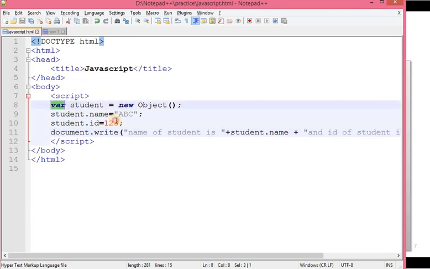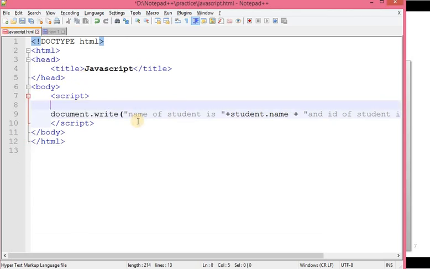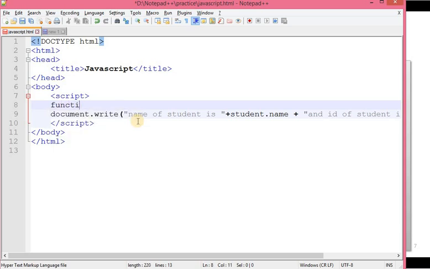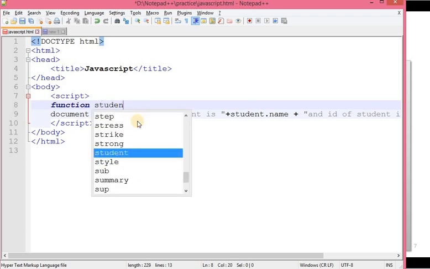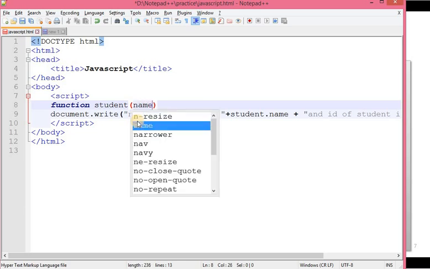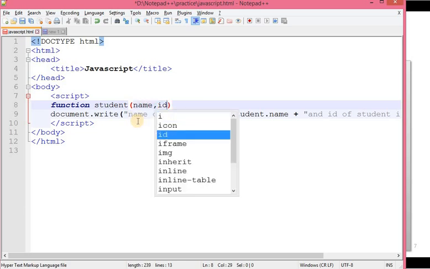Now I want to create an object using a constructor. So first of all you need to create a function. Okay, let's say student, and it has two properties, that is name and id.